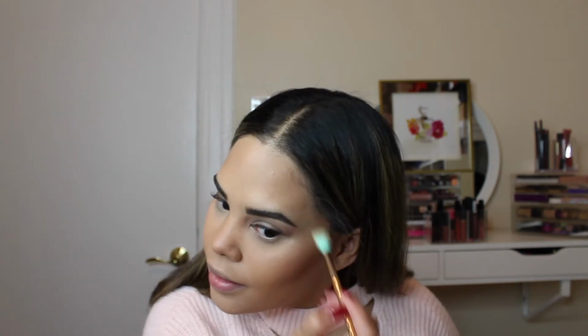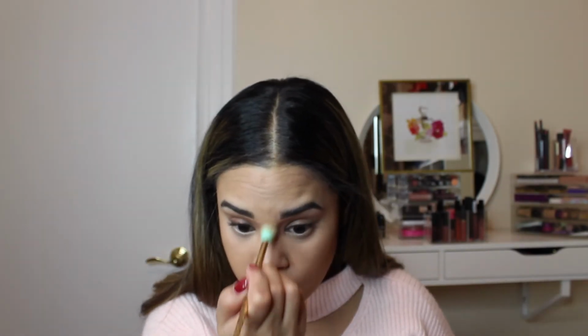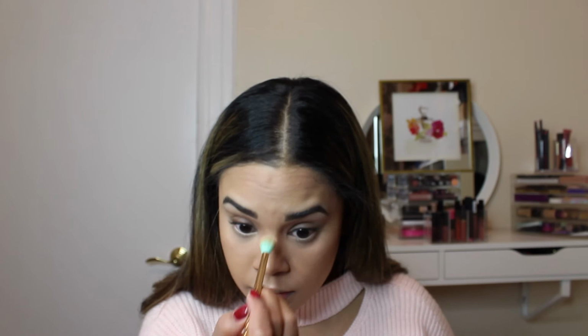And when I'm using highlighter, I like to put it under my blush and right after my contour. And I like to use a smaller blending brush just because I feel like it gives me a more precise application. So I'm going to smile and get it at the tops of the apples of my cheeks, and I'm going to blend that upward. I'm going to take a bit and use it on the bridge and on the tip of my nose, all